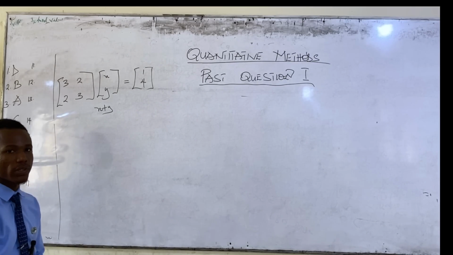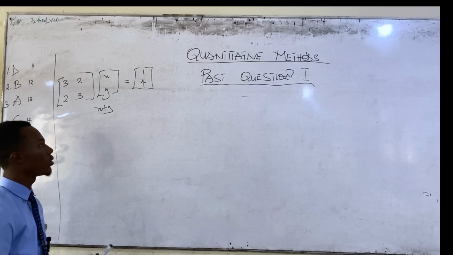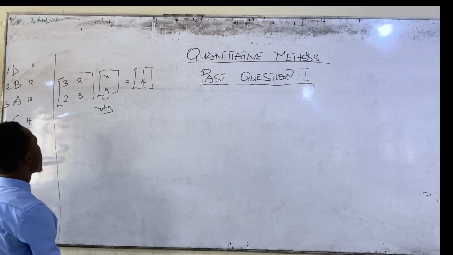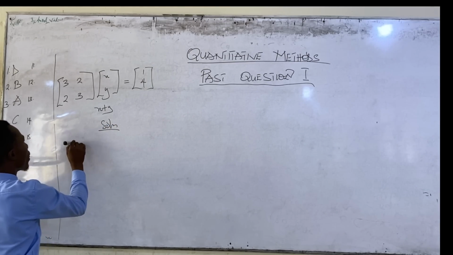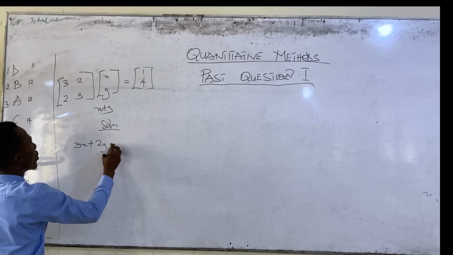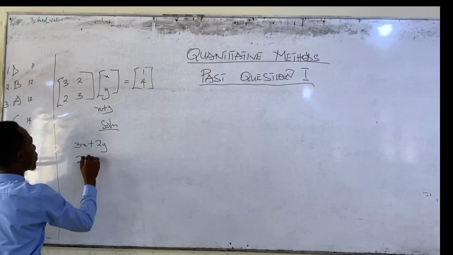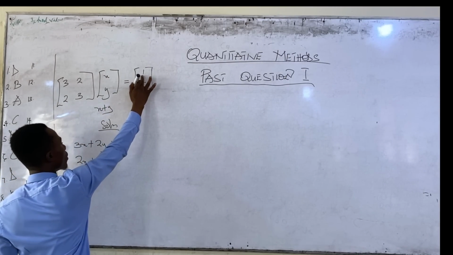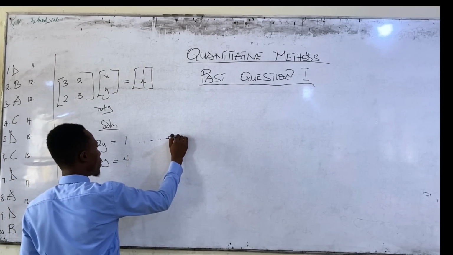We have solved a similar question whereby we had simultaneous equations and we solved it successfully. So we are going to apply the same method here. This 3 will multiply the x here, so you are going to get 3x plus these 2 multiply the y, so 2y, and this is equal to 1. Then 2 multiply the x gives you 2x plus 3y, and the down one is equal to 4, and that is all equation 1,